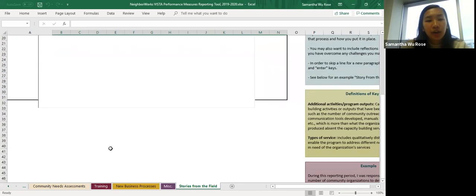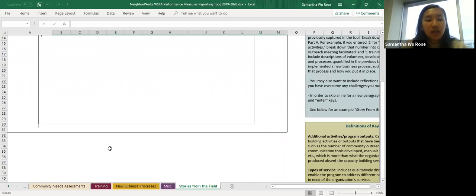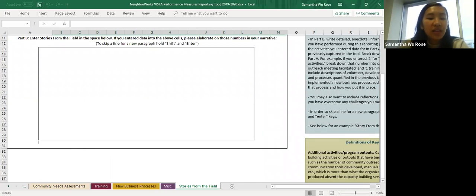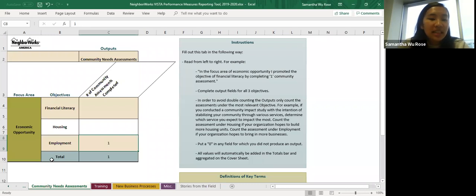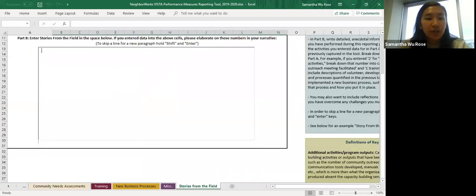I would also encourage you to use this text box to talk about the other raw data that you enter in the other sheets. So for example, when we see this 1 here for employment, it really doesn't mean much to us and doesn't tell us anything about the work you're doing. So here is where you can tell us what that 1 means, that you conducted a survey to identify barriers to employment for residents, and then the information that was learned during that survey was used to develop programs to